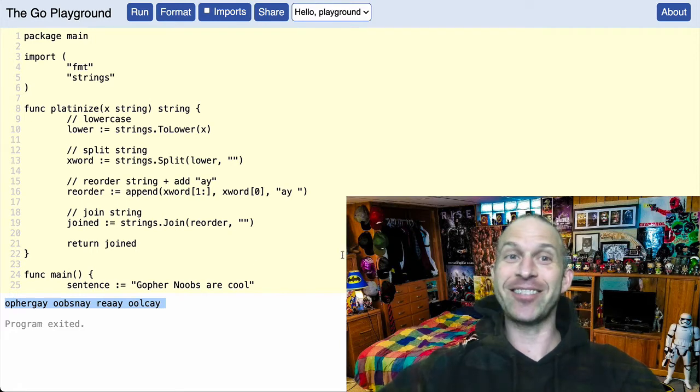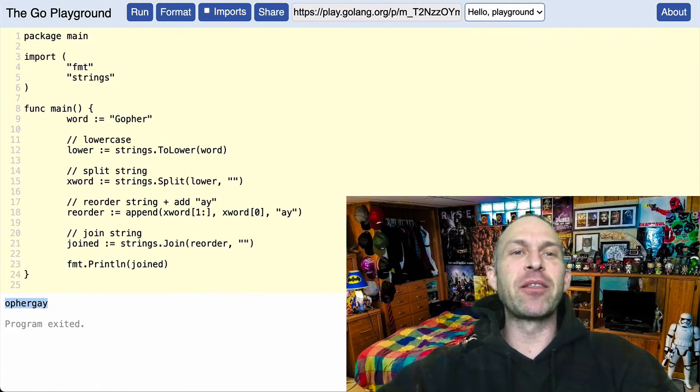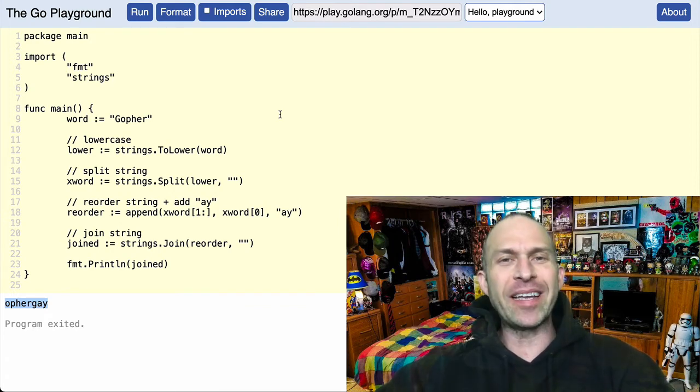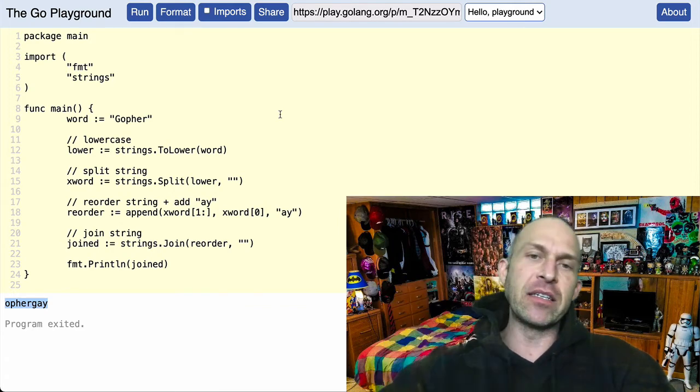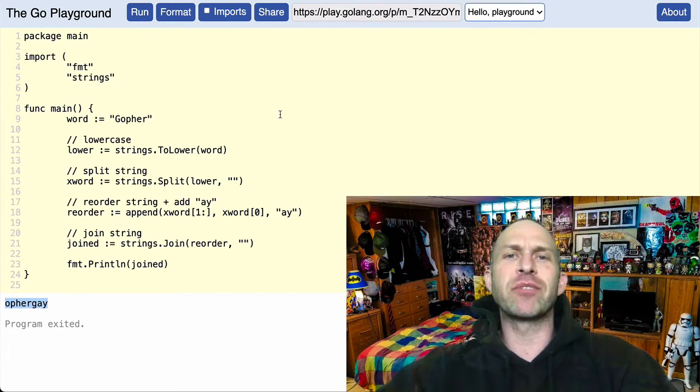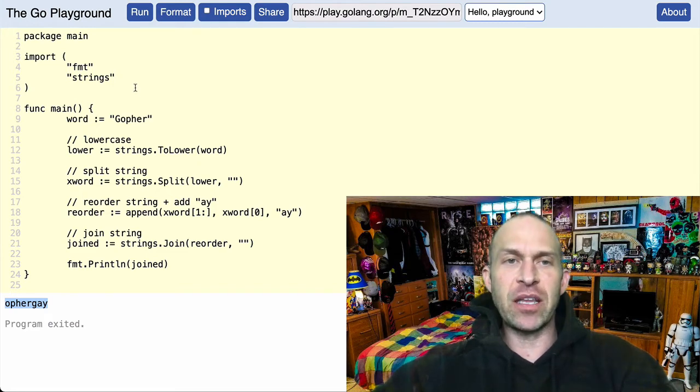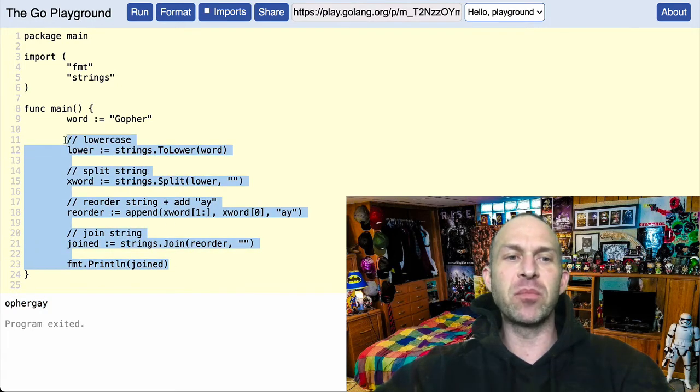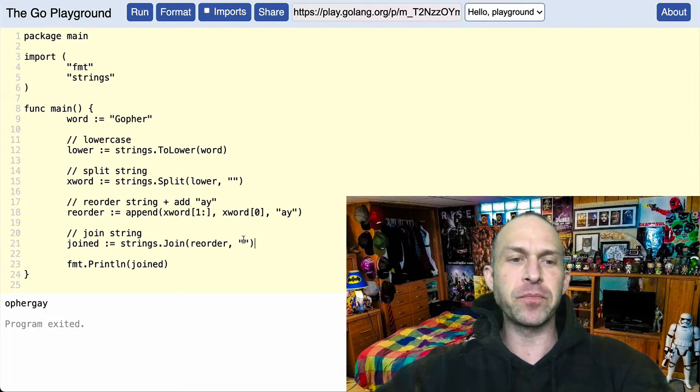So let's get started. To begin with, we're going to head over to the GOLANG playground, the Go playground. And if you want to get this file, you could find it down in the description, so you could start from the same point we're starting from. Now, what we need to do with this is create a function that will actually turn a word into Pig Latin. So we can take all of this that we just made in the last video